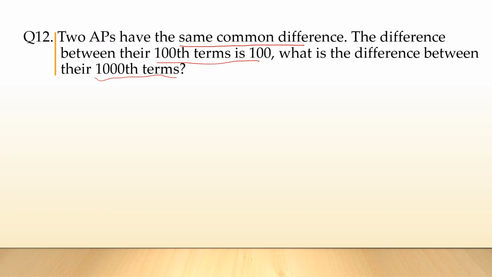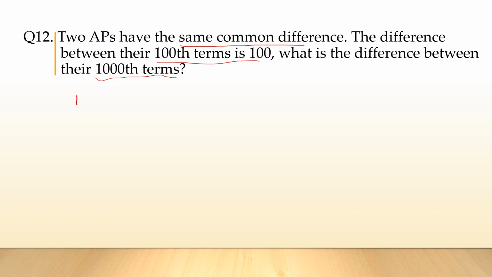Let me take an example so that you will understand the concept in a better way. This question can come in the exam for 1 mark, or it may come for more than 1 mark. If this question comes for 1 mark, how you have to answer it, and if it comes for more than 1 mark, how you have to attempt it, that I'll explain. So let's write an AP.